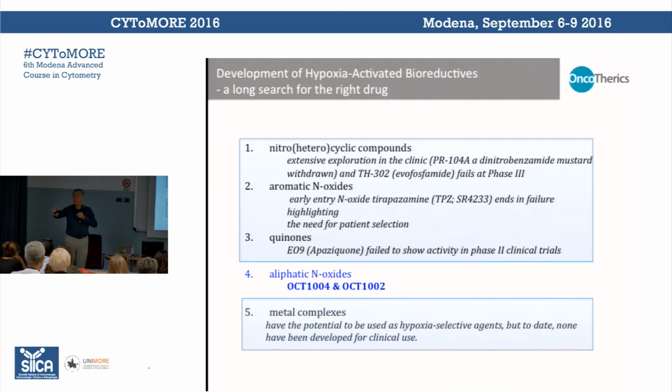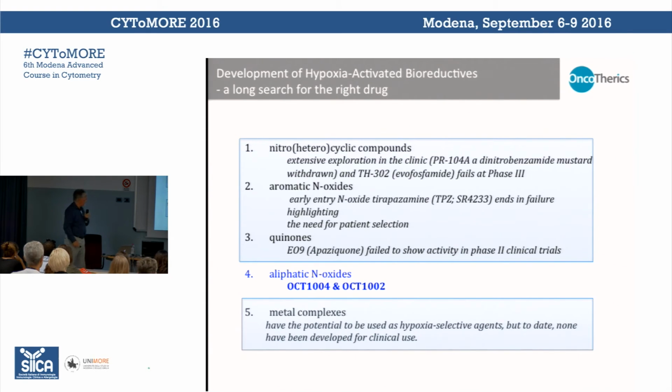Therefore, when you analyse, such as in the case of TH302, just recently failed in pancreatic cancer in December 2015, that's because they didn't really select the patients. And they understood that. But the attempt was to try to widen the use of this drug, obviously because of